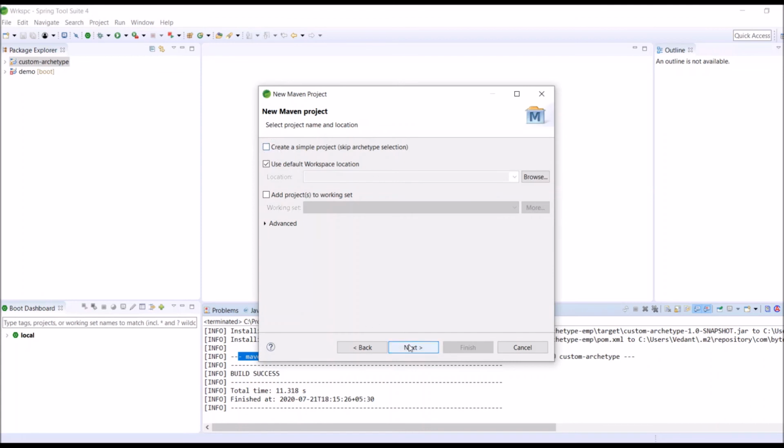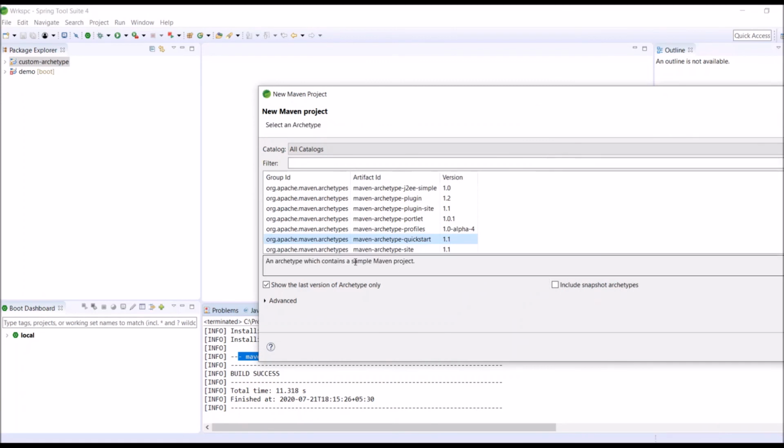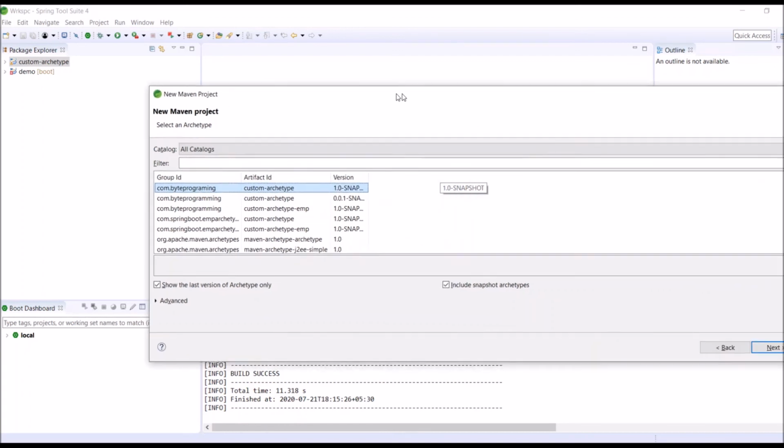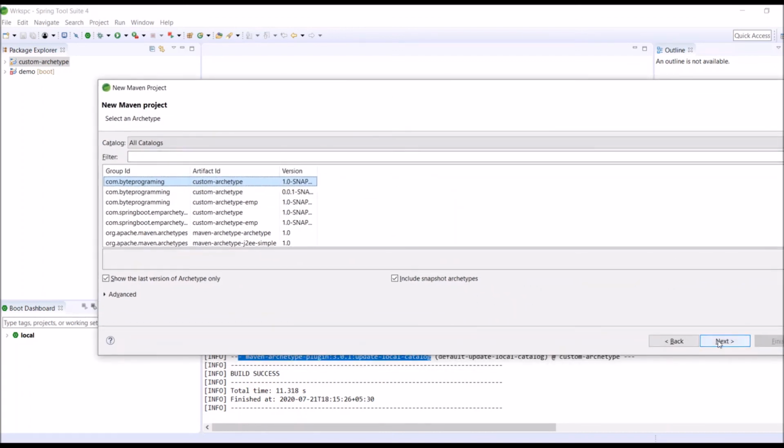Then click on next. Here you will see the list of all Maven archetypes. To include our local archetype, click include snapshot archetypes and scroll to the top. So here you can see com.byteprogramming custom archetype, and 1.0 snapshot. Let me click on next.